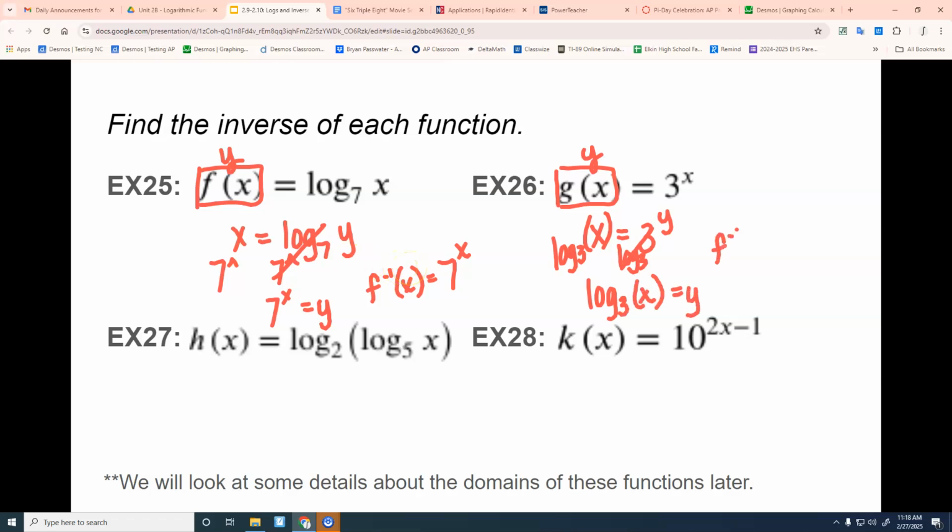So they'll probably write that with inverse notation for that. The next two are a little more complicated, and we are out of time, so we're not going to be able to do those. That probably means I'm going to have